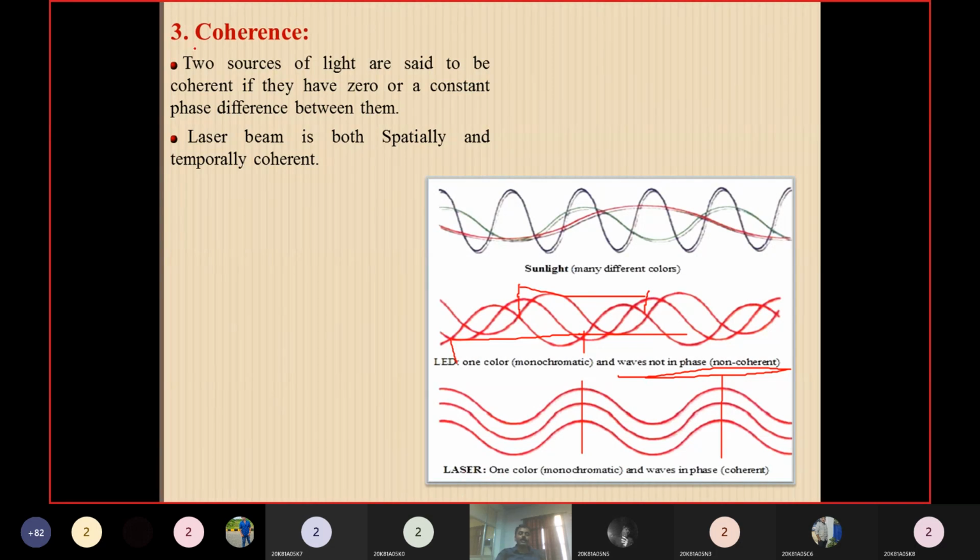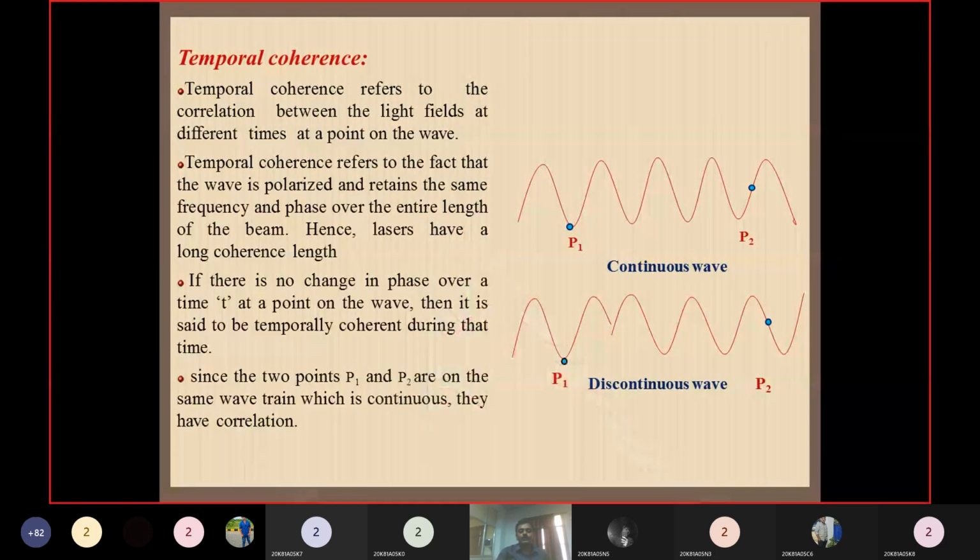Here there are two types of coherence. One is spatial coherence, and another one is temporal coherence. Now, what is temporal coherence and what is spatial coherence, we will discuss. First of all, temporal coherence refers to the correlation between the light fields